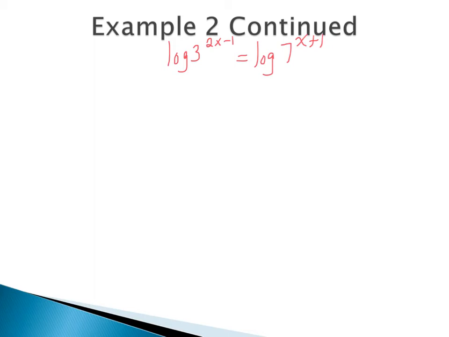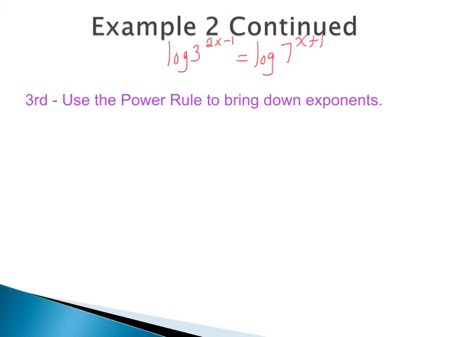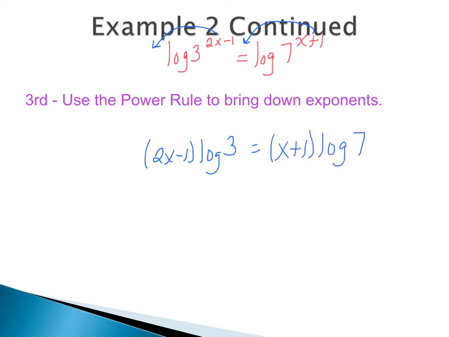So the reason why we took the log of both sides is in order to solve for x. What taking the log of both sides does is allows us to use the power rule in order to bring down our exponents. So we're going to bring down the entire exponents, and when we do that, we are going to end up putting the exponents in parentheses to show that the entire piece is being multiplied in front. So the 2x minus 1 is going to get dropped down in front, so we have 2x minus 1 times log 3. Equals, same thing on the other side, that x plus 1 is going to get dropped down, and the entire x plus 1 exponent is going to be multiplied by log 7.